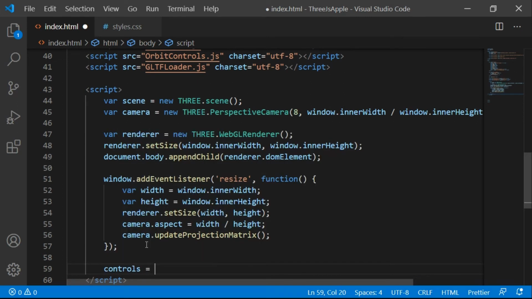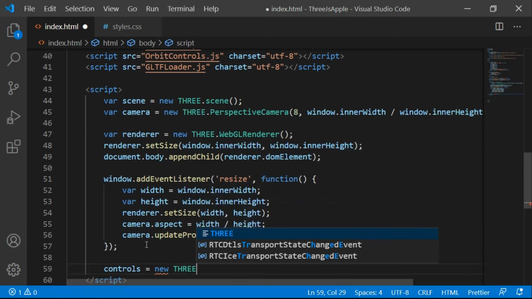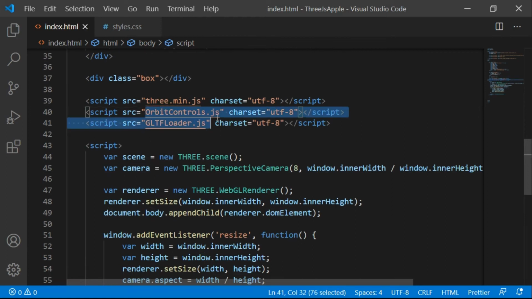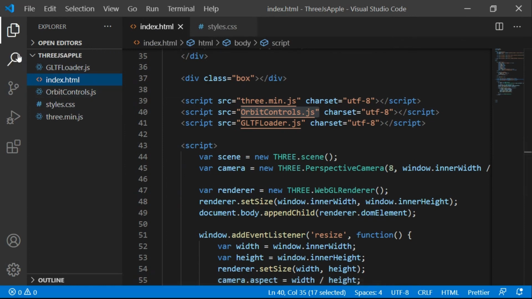Perfect. Let's add controls here. controls = new THREE.OrbitControls. Orbit controls work on all the axes, x, y and z. You can rotate the objects in all three directions.